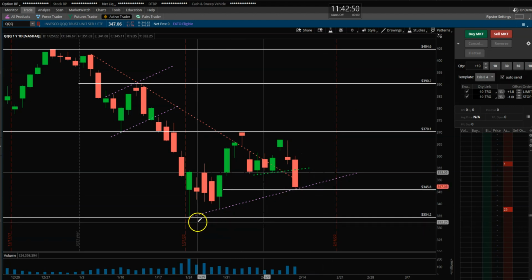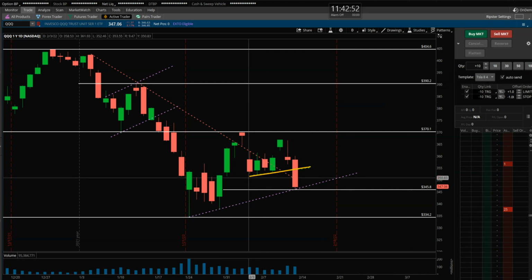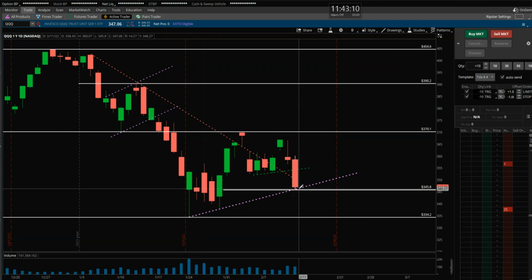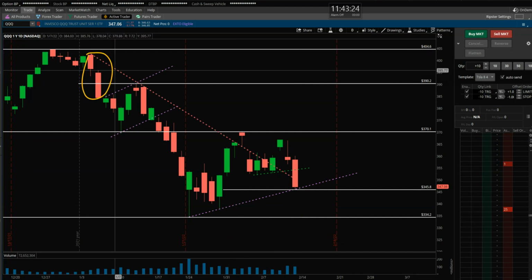So now, just like we had this level right here, we have a similar trend line in play right over here. So if we break down below this, definitely the next major support level is somewhere around here in this area. Or if we just break down a little bit in this area, and then it gets back above with some hammer looking bar or something, sure, we'll consider something else. But for right now, trend is your friend, trend is down. You have more bearish bars on a daily time frame, right? Starting from all the way here.